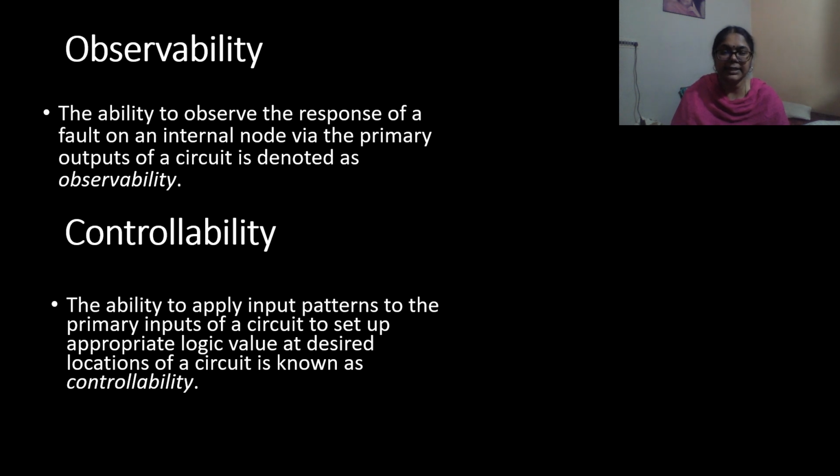Controllability of an internal circuit node within a chip is a measure of the ease of setting the node to a 1 or 0 state. This metric is important when assessing the degree of difficulty of testing a particular signal within a circuit. An easily controllable node would be directly settable via an input, and a node with little controllability might require many hundreds or thousands of cycles to get it in the right state. Making all flip-flops resettable via a global reset signal is one step towards good controllability.